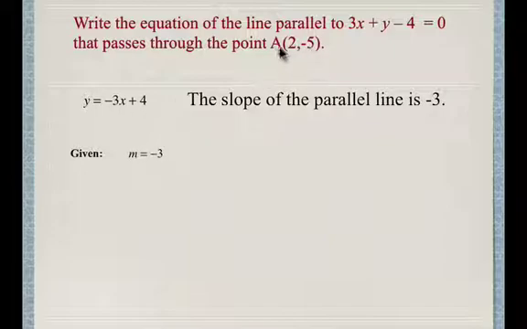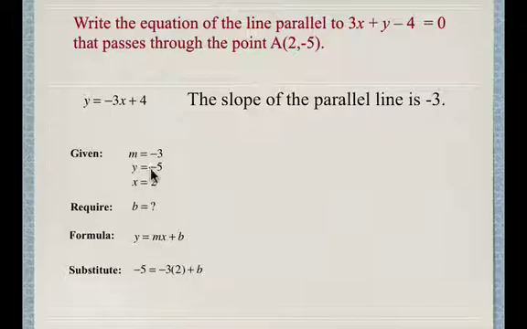We're given a point (2, negative 5). So that means our y is negative 5 and our x is 2. So we can now just sub those into the equation, and what we require is the b. So the formula we're going to use, again, is y equals mx plus b. So we're going to sub the values from here into y equals mx plus b and solve for b. So subbing in, y gets replaced with negative 5, m is replaced with negative 3 from above, and x is